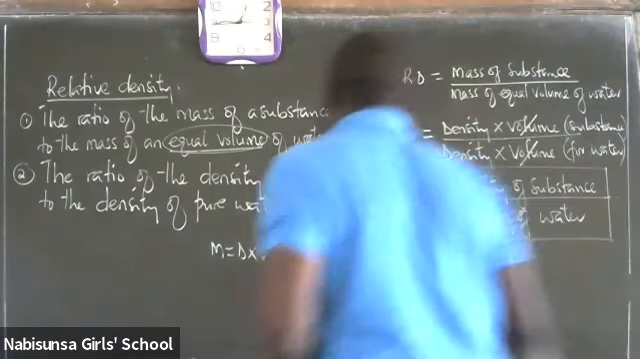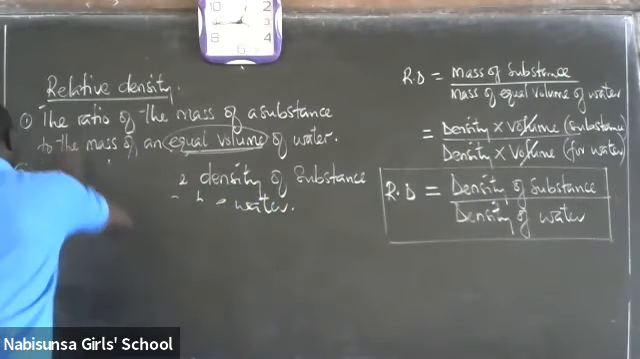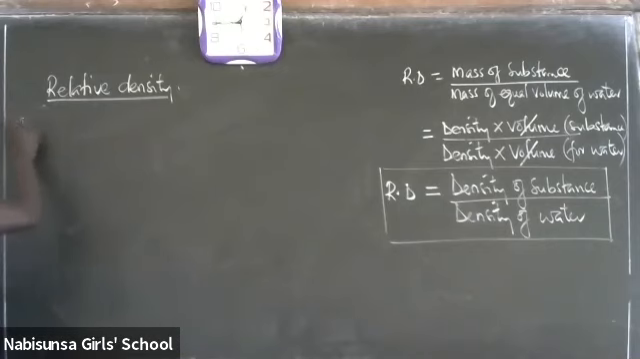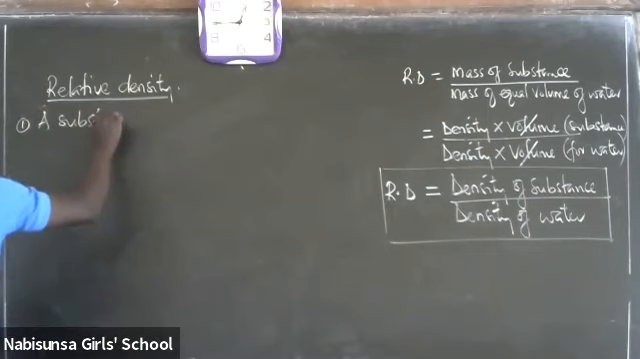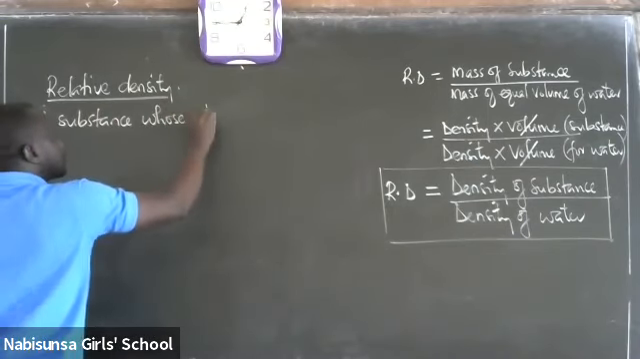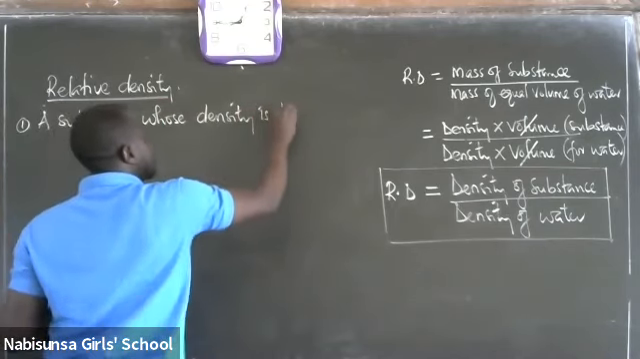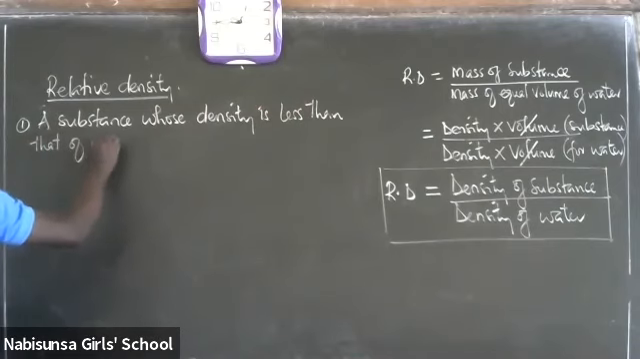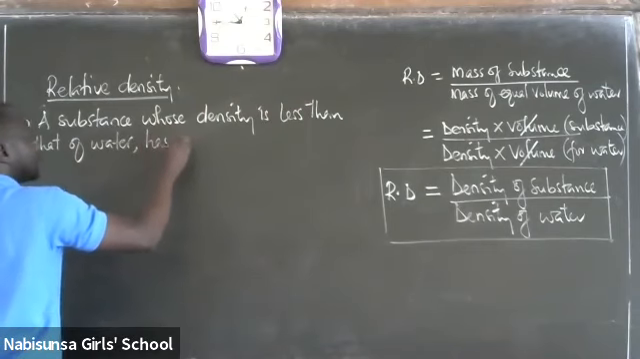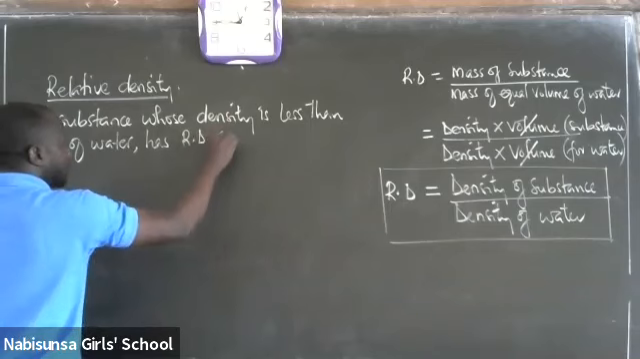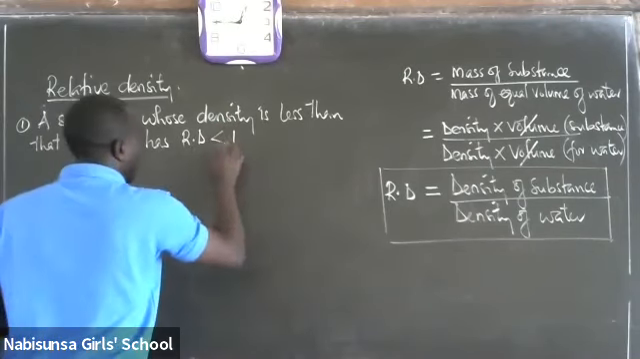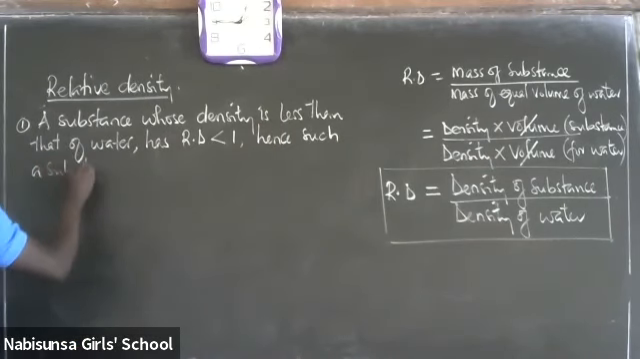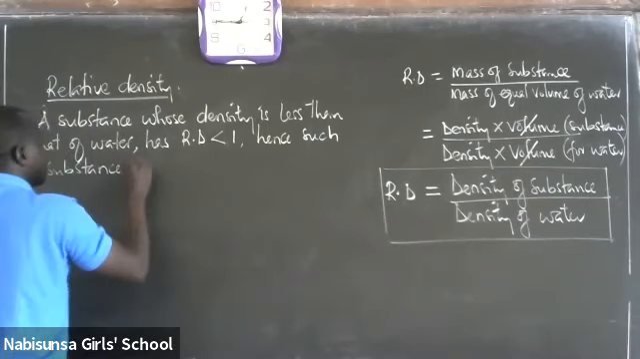Yes, teacher. Now, our summary here was that a substance whose density is less than that of water has relative density less than 1. Hence, such a substance